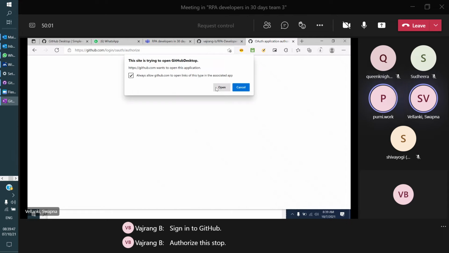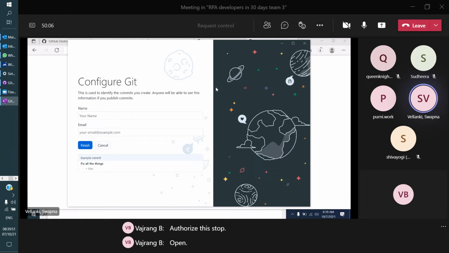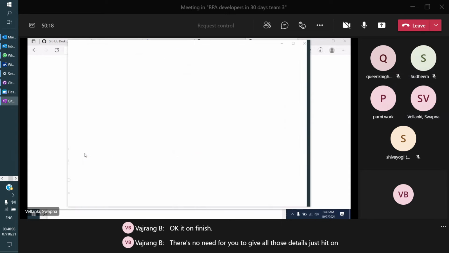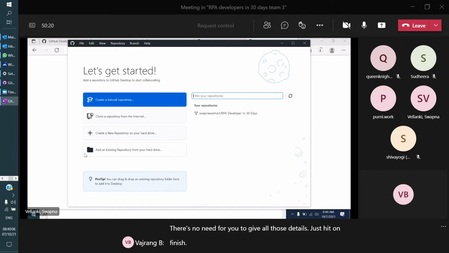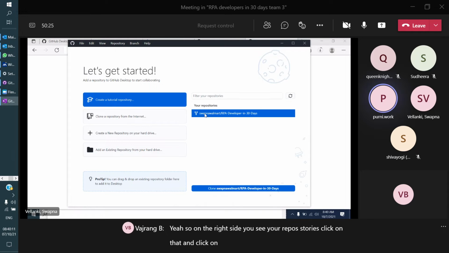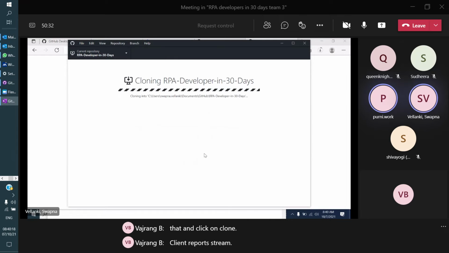Open. Okay, hit finish. There is no need to give all those details, just hit finish. On the right side you see your repositories. Click on that and click on clone repository. Okay, for now, let's continue.